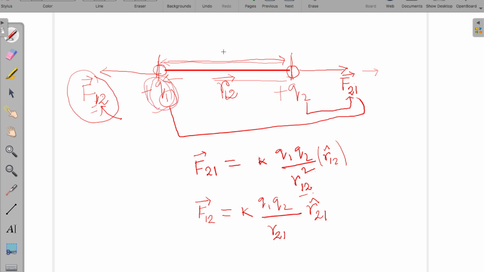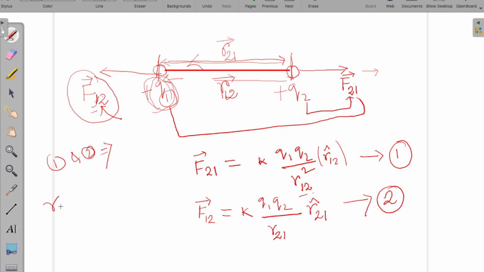The distance will be like R from 2 to 1, okay, so the direction will be along this direction. Clear? So in both these cases, if I put the equation numbers, this is equation number 1 and this is equation number 2. From equations 1 and 2, what we can see is that the unit vector R12 cap is